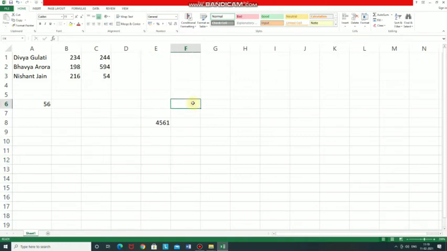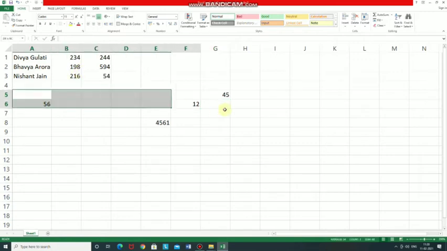As you type, the data is filled in the formula bar and in the active cell at the same time. See here, if I am typing here, this is known as the active cell, and simultaneously we can see it here in the formula bar. See here, the number 12, you can see here and also here. This is the active cell and this is the formula bar. And then press enter. The formula bar is located just below the ribbon. So any cell you can select and simultaneously you can see this data in the formula bar and then press enter. So like this you can enter data in any cell.